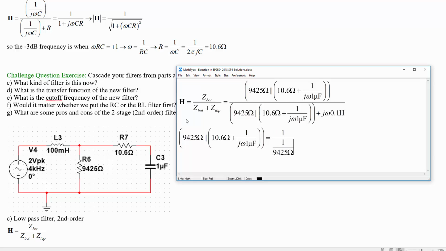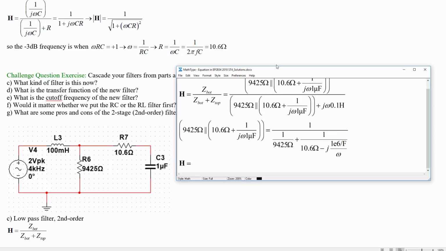9425 ohm plus 1 over 10.6 ohms minus, let's put a j in front, 1E6 per farad divided by omega. So then